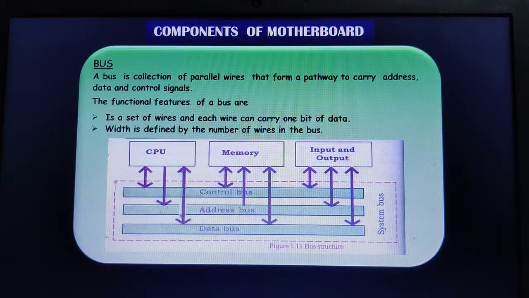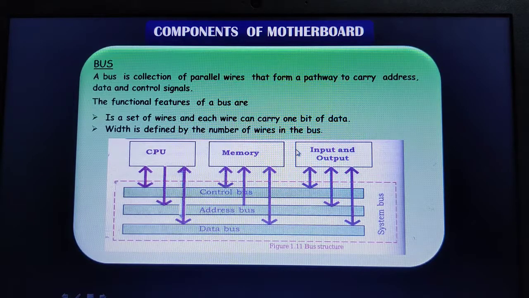I hope you are able to understand. Usually the system bus will handle the higher components. The FSB and the North chipset take care of the major components of your computer system, and the system bus takes care of the data transfer. You can also call this system bus the front side bus, which handles data transfer between the CPU, which is nothing but your processor, the memory and the input output units.